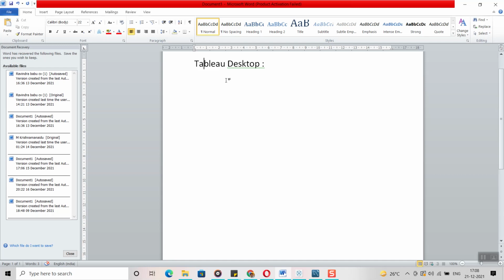Now, this Tableau Desktop is available only in a 64-bit version. For practice purposes, Tableau initially comes as a 14-day trial version, but no one is going to ask in interviews how many days it will last after you download and install it.